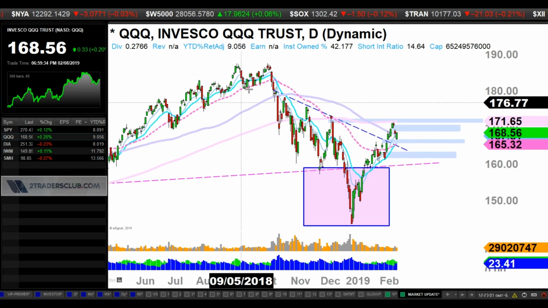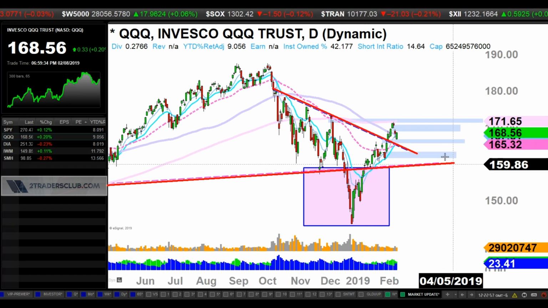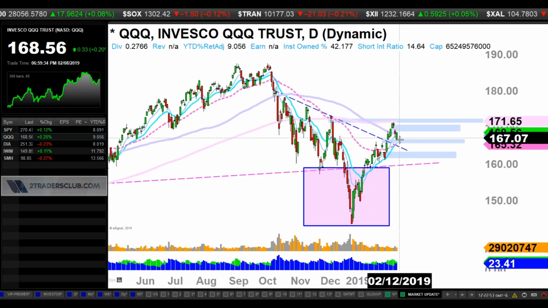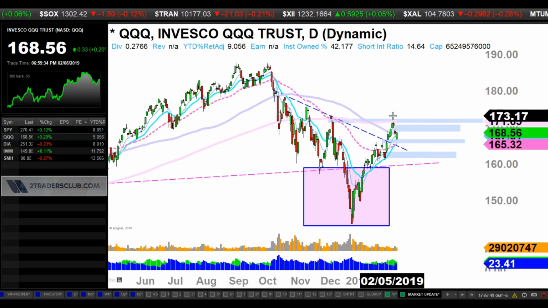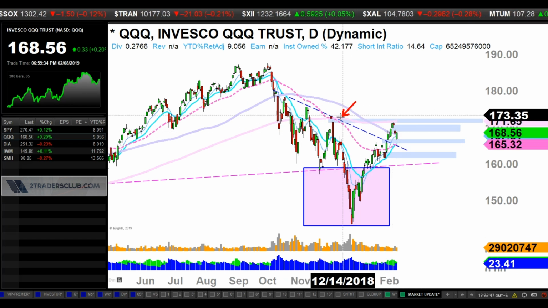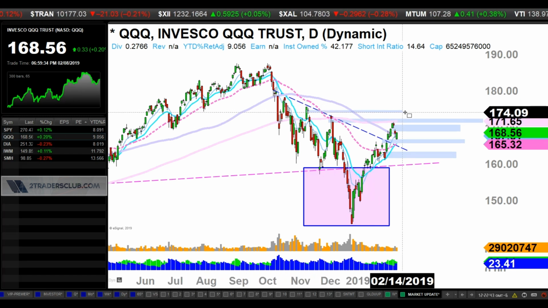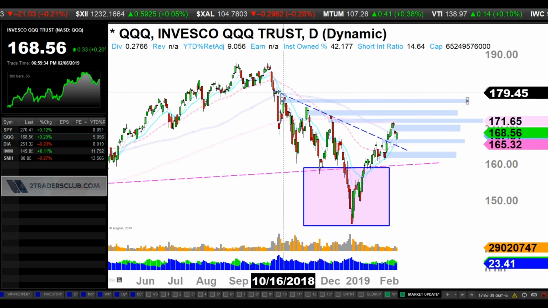That has been clear. The neckline has been cleared above it. We're at 171 already on the Qs. So let's see if we can make it good for the bulls, gap it up, maybe an island reversal. But we have both gaps. I mean, there are a lot of gaps on the Qs. There's this gap here. There are a lot of tiny gaps. These tiny gaps are going to make things hectic for the bulls.